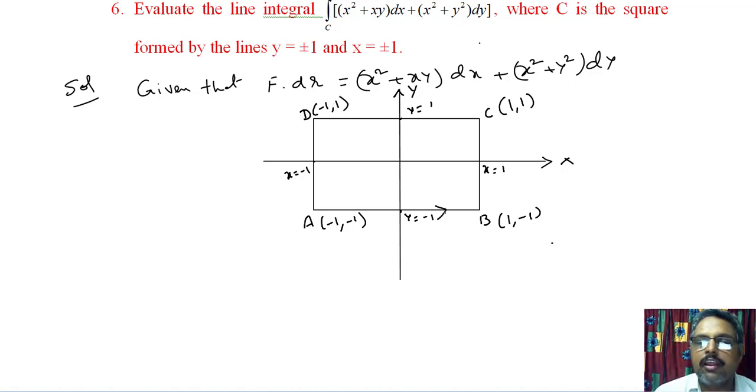The direction is anti-clockwise. Now we will find the integral along AB, along BC, along CD and along DA. This is the origin. Finally, we will add the four integrals, and then we will get the integral along the closed curve C. First,